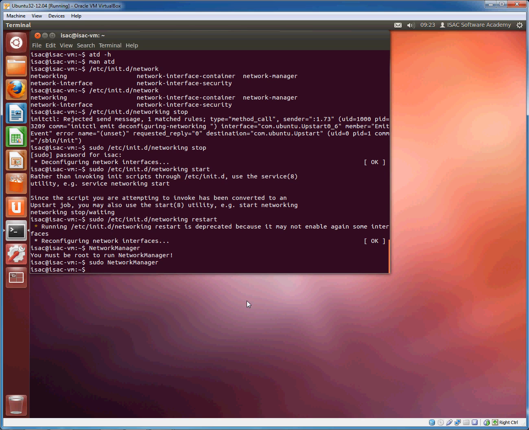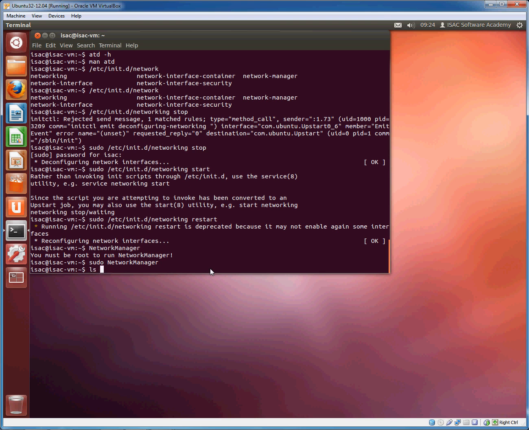Now that's another way of interfacing with daemons. This is actually, as you can see, a script in the init.d directory, which is up here, specifically for the daemons relating to networking. Pretty much as a result of this, this is another way of doing it, but as a different script that actually starts up the network manager, that is the icon up here. So this is something to keep in mind if you're going to do it with networking, as we have done again. There are other scripts in there which I can show you briefly by doing